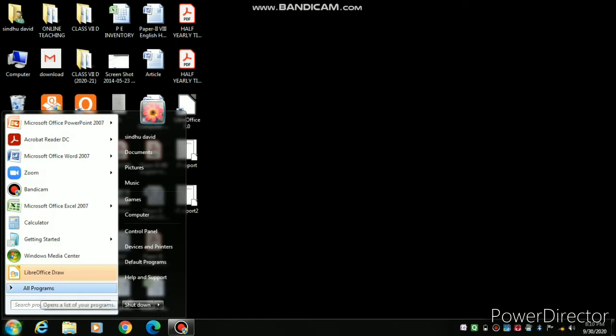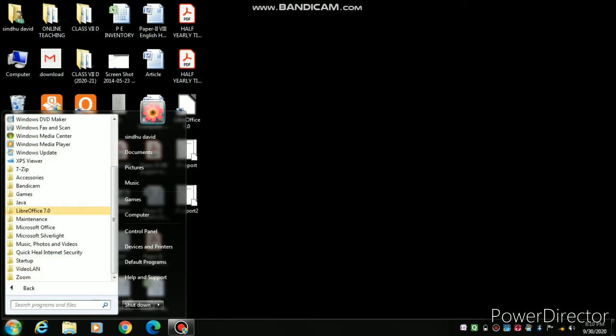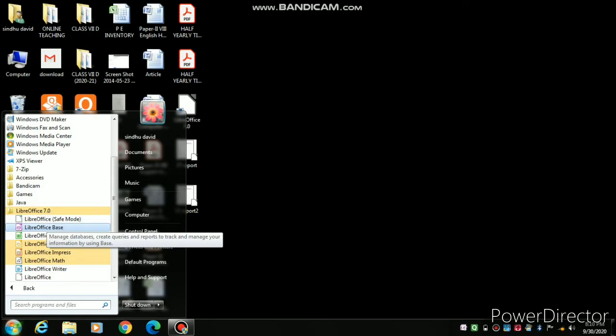www.libreoffice.org. I have downloaded this, and this Office suite application can run in any operating system. In my laptop, I am using the Windows operating system, but LibreOffice is supported on the Windows platform also. So when I click on the Windows button, and then All Programs, I will get the LibreOffice suite. When I click on LibreOffice, I will get the different applications available in the LibreOffice suite.